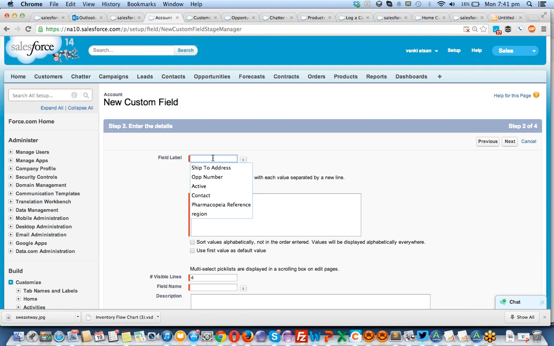Customer state is already there. Customer country, I want to select, because some companies are available in multiple countries, right? So customer locations. I'm asking in which locations this customer is available. I want to make this a multi-select pick list. So I can make the values Hyderabad,